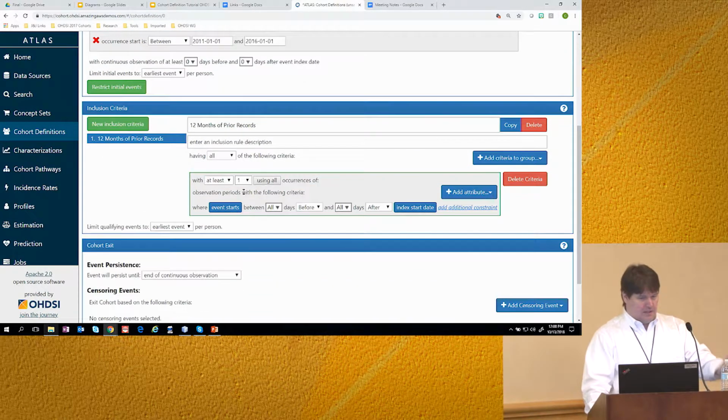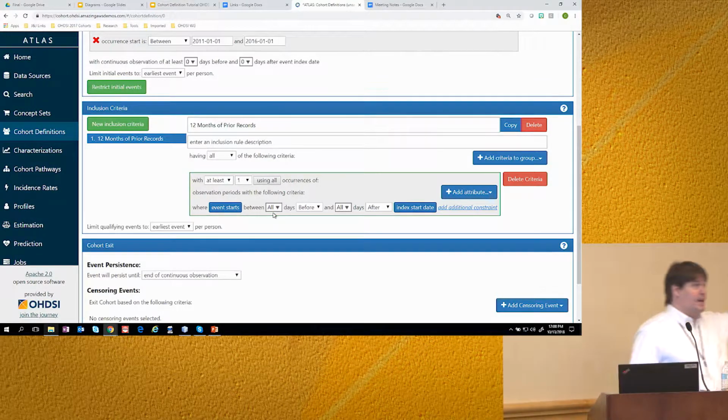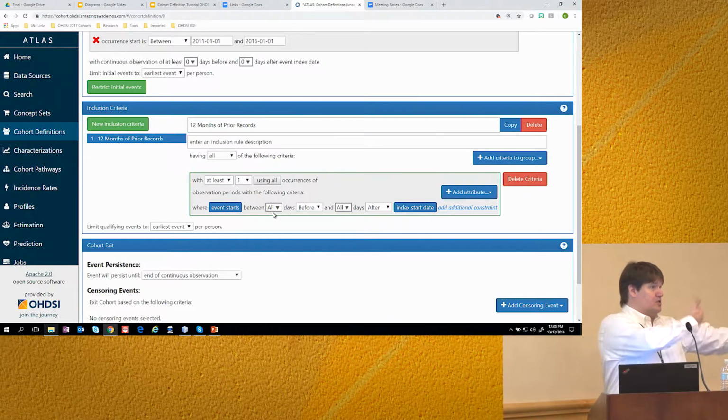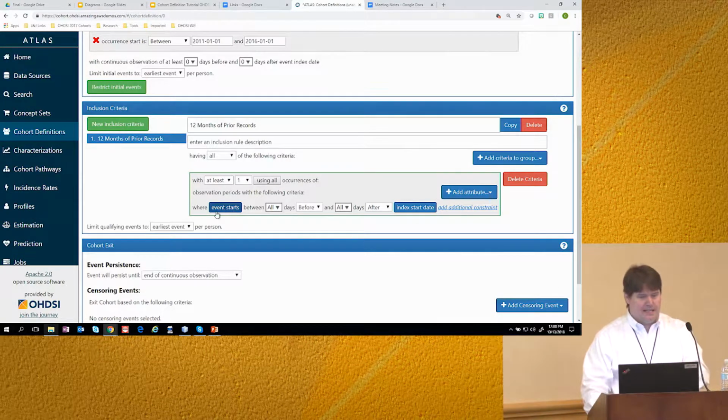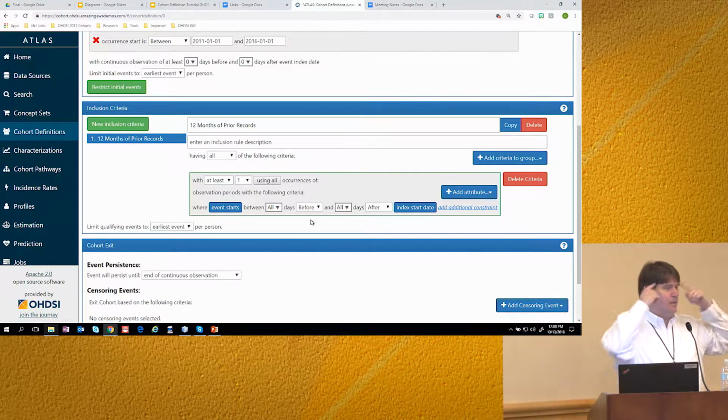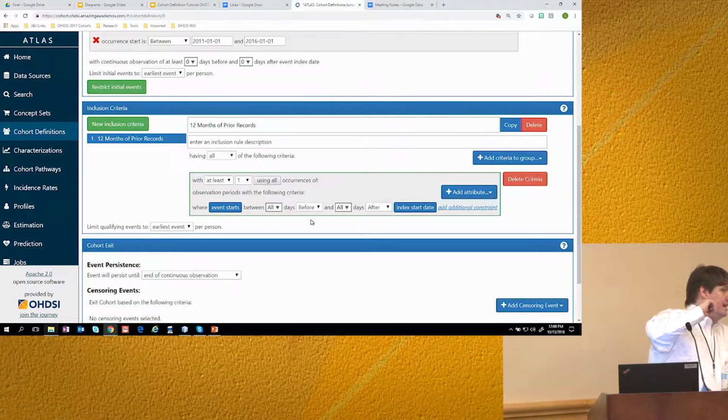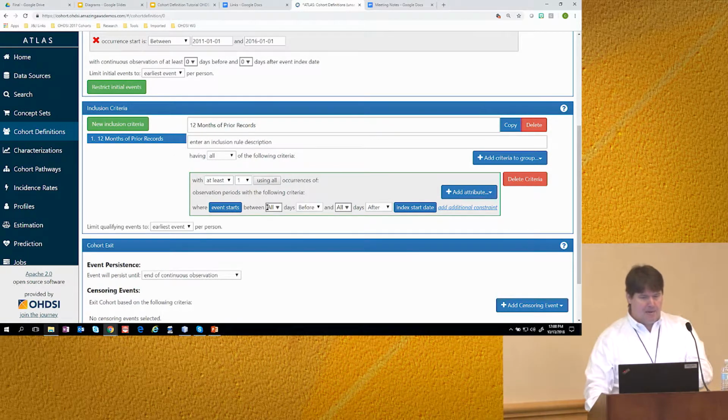Sorry, let's talk that through. We have our observation period. We're saying we have to find an observation period that, when it says the event starts, is talking about the observation period start, between all time prior and 365 days, not 120 days. Think of a window in your mind: there's a period that goes all the way back, all time prior, and it has to start before the 365-day mark. So we're creating a window of time in which we look for the observation period start, and that window is all time to 365 days